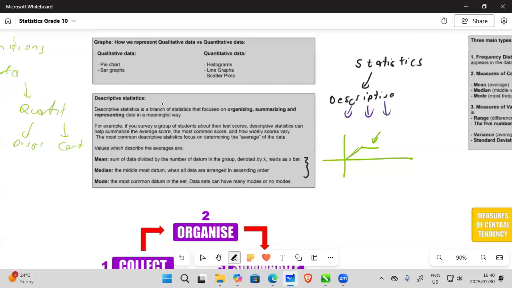Okay? For example, if you survey a group of students about their test scores,